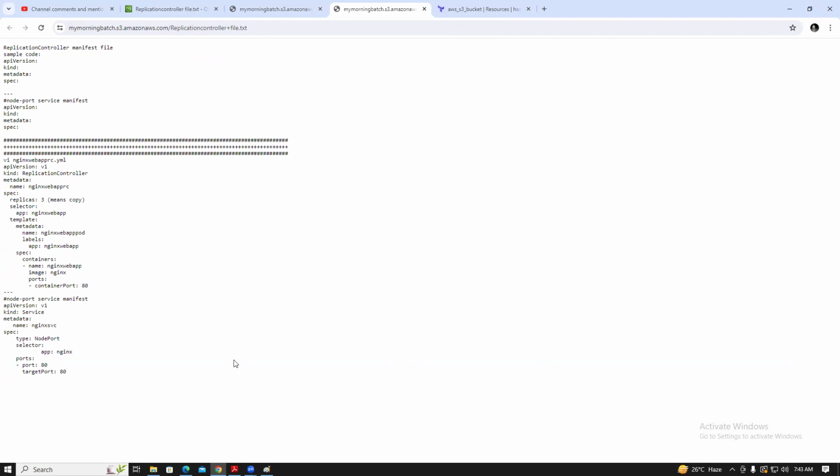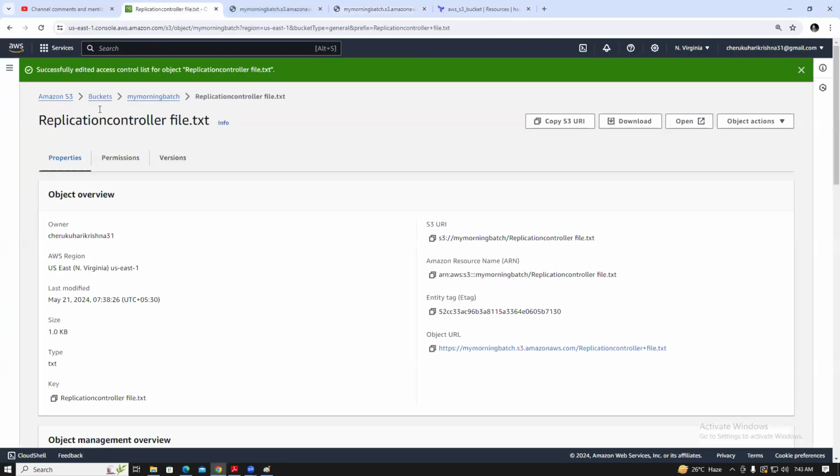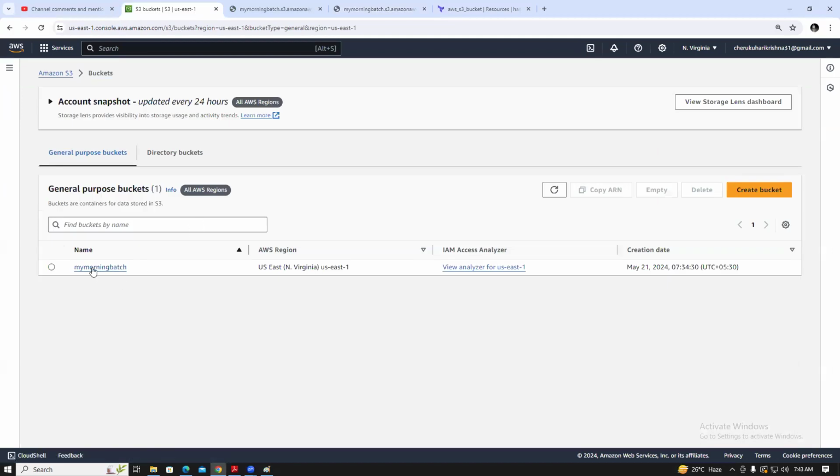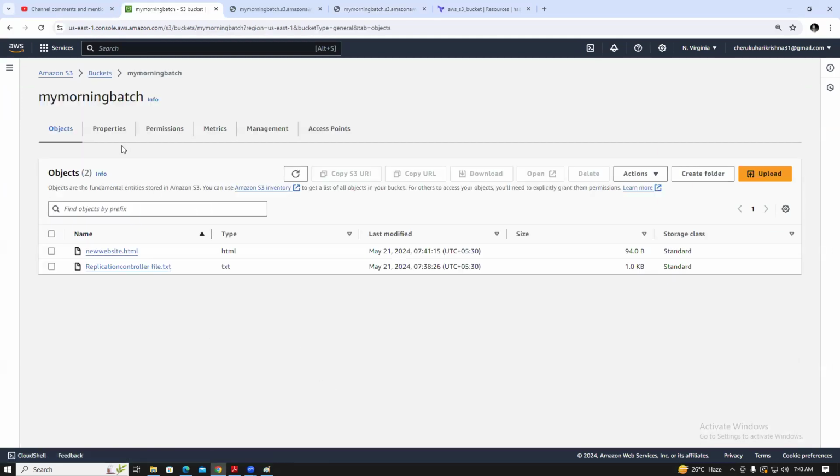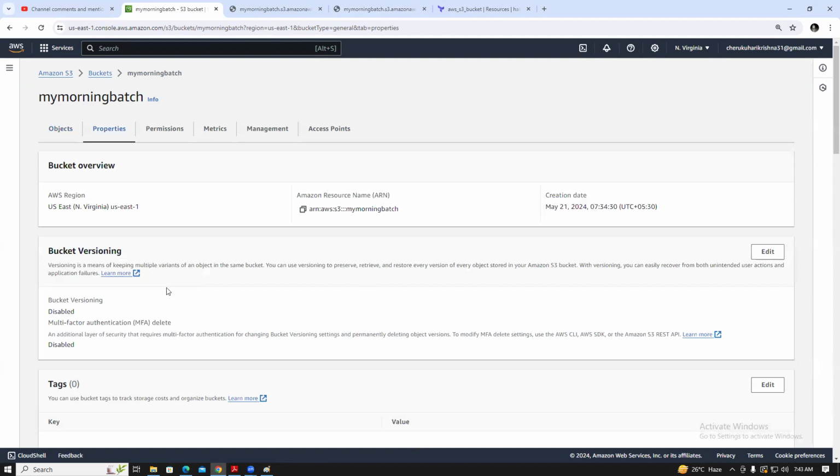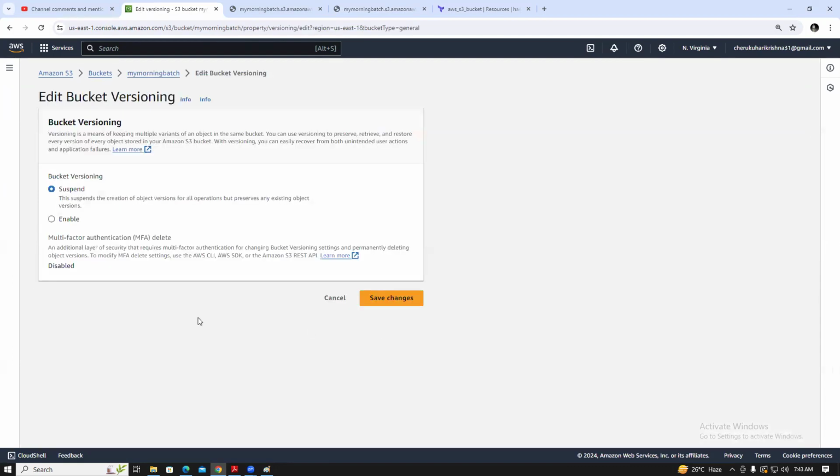Guys, understood? The buckets and the objects. How you can create the bucket and how you can create the objects, right? The bucket and the properties. In the properties, bucket versioning is disabled. I'm enabling it. So before enabling,